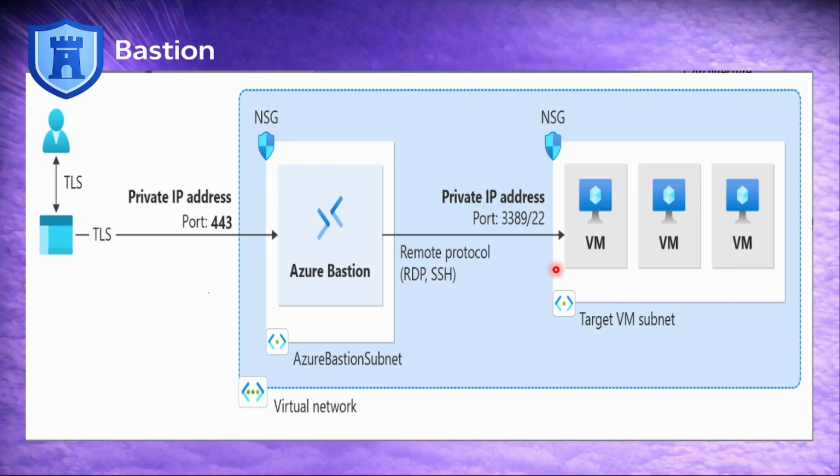Once the connection reaches Bastion, it then connects to the VM using its private IP address through SSH or RDP. So the VM doesn't need to expose those ports to the internet anymore. So this is a much more secure way to manage our virtual machines. Now that we've looked at the Azure side of the security, let's see how we can implement this setup using